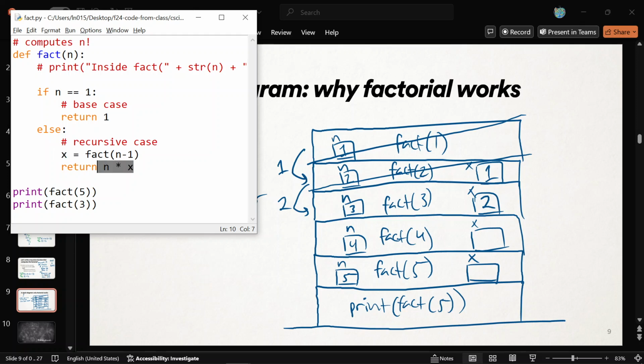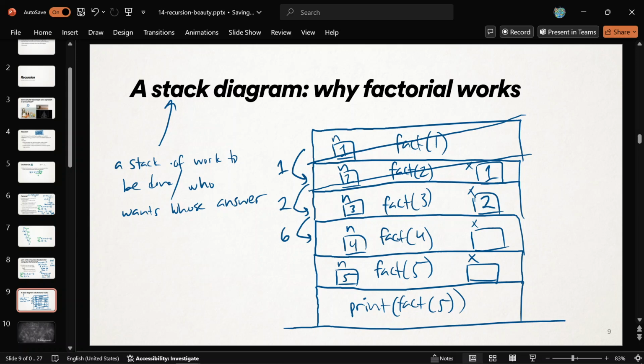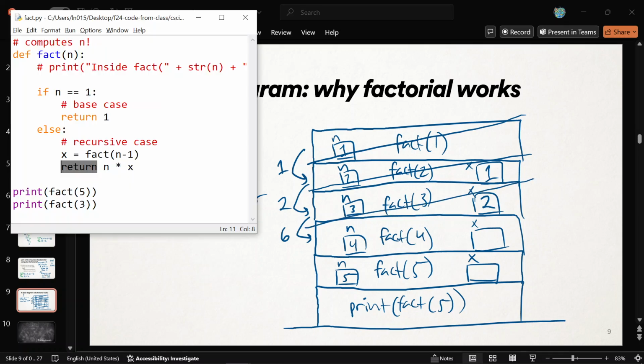So, all right, it's going to multiply its 3 times the factorial of 2, which it put in x, to make 6, and return that answer back to whoever called it as the correct factorial of 3. So it is correctly building up those smaller factorials and making bigger factorials. So it's going to return 6 back to whoever called it, and that was fact_of_4. Does that make sense? Isn't that so cool? So it's looping without loops, just using this thing called the stack, a function calls.